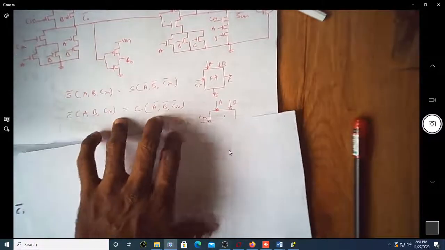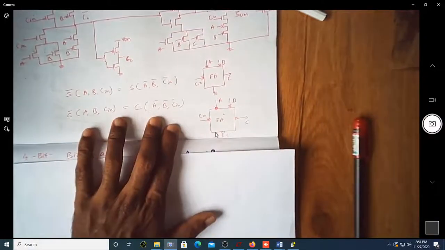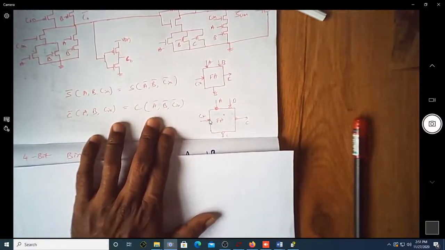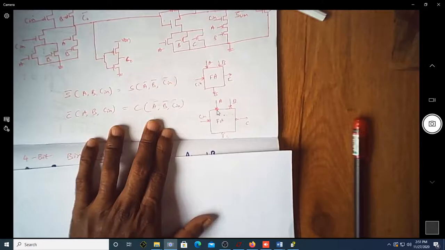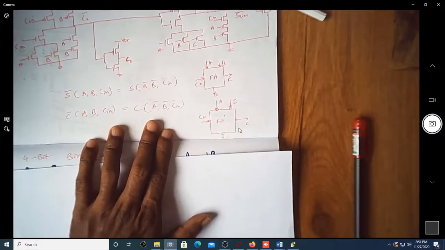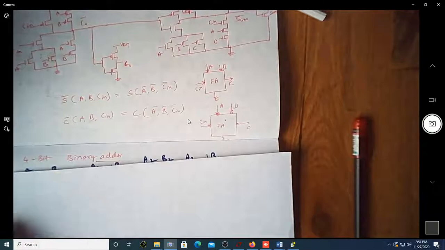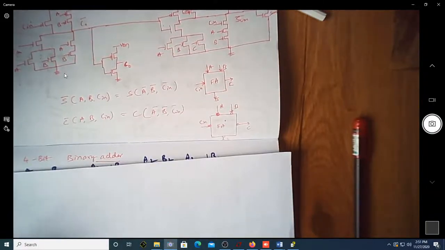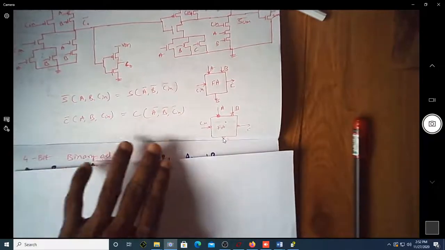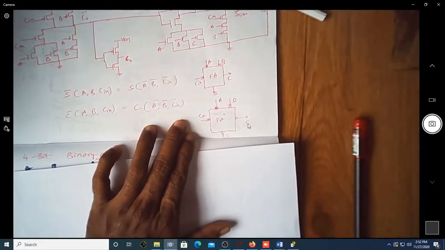So there is a bubble here. This indicates that if you are applying an input voltage with bubbles, whatever sum and carry you'll get will be a complement of it. If you put one more complement, you'll get sum and carry. So let us try to understand why we are learning this: applying a complementary input and trying to get a complementary output, and then again complementing to get the desired sum and carry.